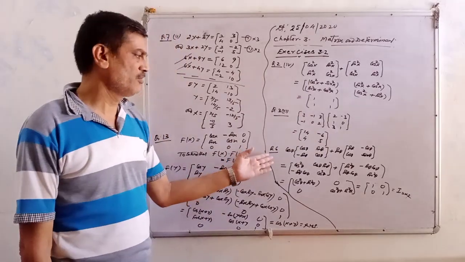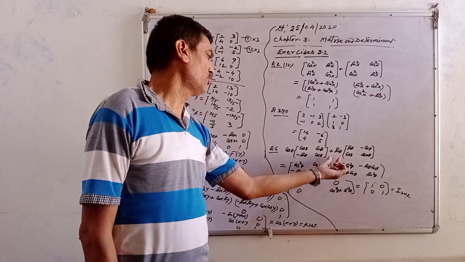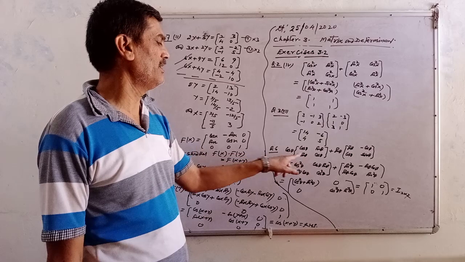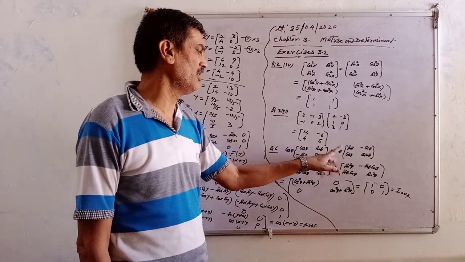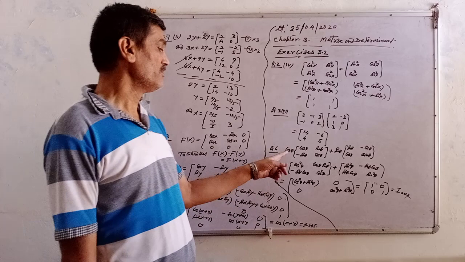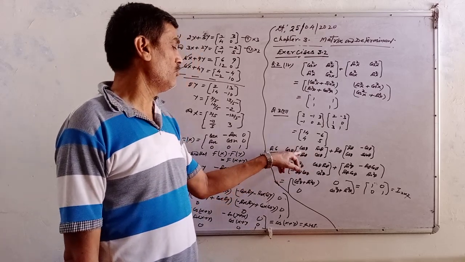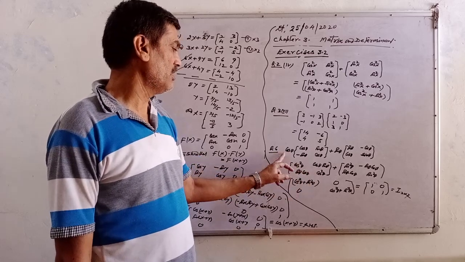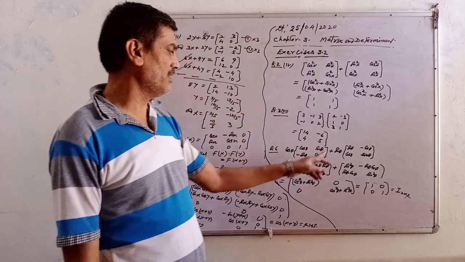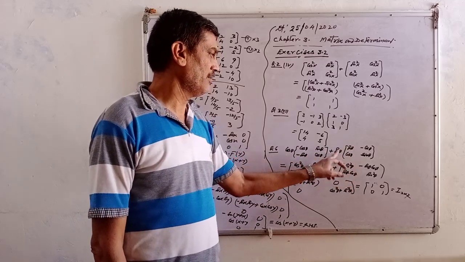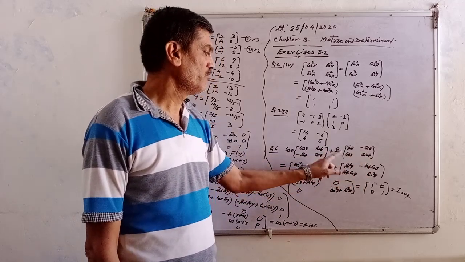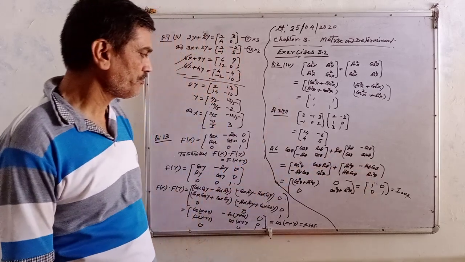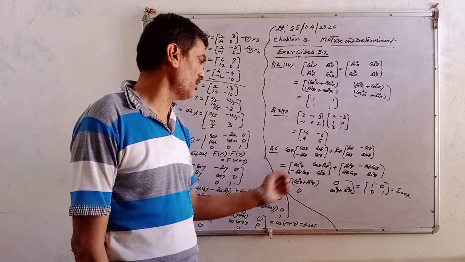In question number 6, this is also a sum of two matrices, but here first you will multiply in this matrix cos theta, and in the second multiply by sin theta, in each element. So cos into cos, cos square, cos into sin, cos sin, with minus cos sin and cos square theta. In the second, sin square theta with minus sin cos theta, sin cos, and what is here, sin square theta. Adding, the corresponding elements are added.